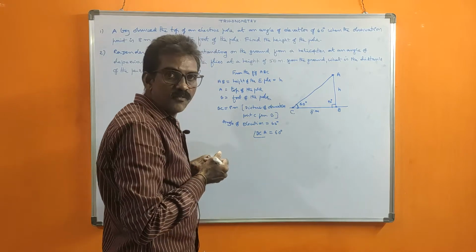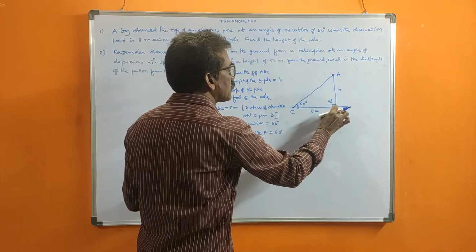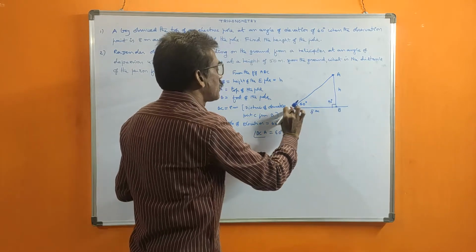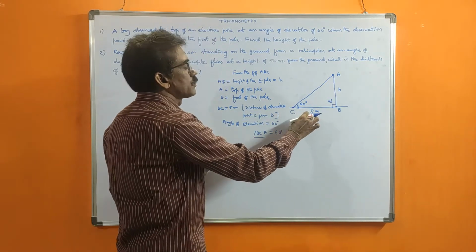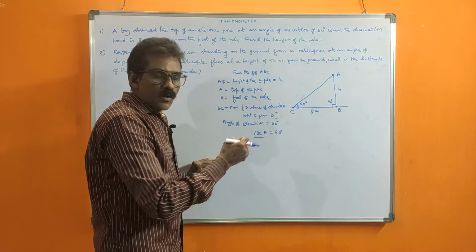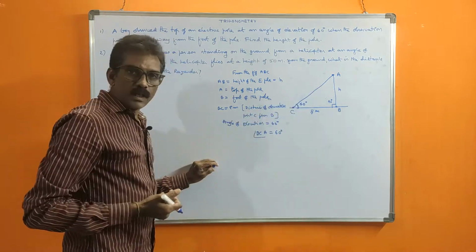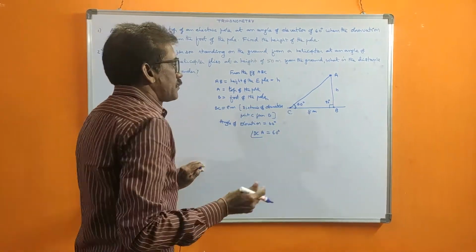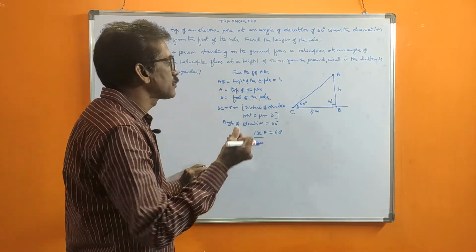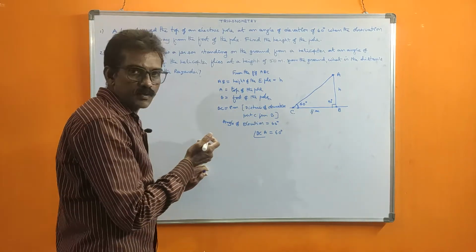Now the next one is tan. Tan is opposite side by adjacent side. For this, the opposite side is AB, which is not given, but we want to find it out. The adjacent side BC is there. So what we want is there, and the given value is also there. If you take this one, we can directly calculate the H value. That is useful. We want to find that only. So tan is useful. That's why, for explanation only, I told you to write tan directly like that. From the next classes onwards, you will have some confirmation about which ratio you should take for which angle. That's why I explained.